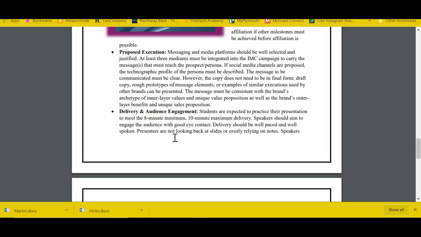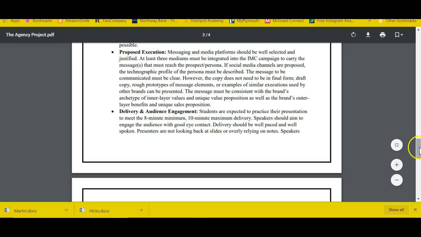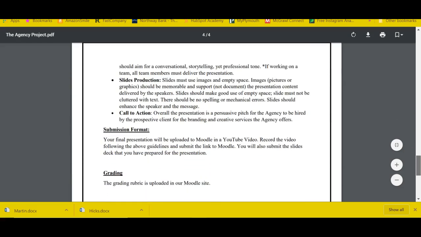If you are working on a team, make sure that every member has a time or participates in this presentation. A member who does not participate in the presentation will not be graded and will miss a big chunk of grade. So this is the time to be you and embrace your ability to present in front of people.